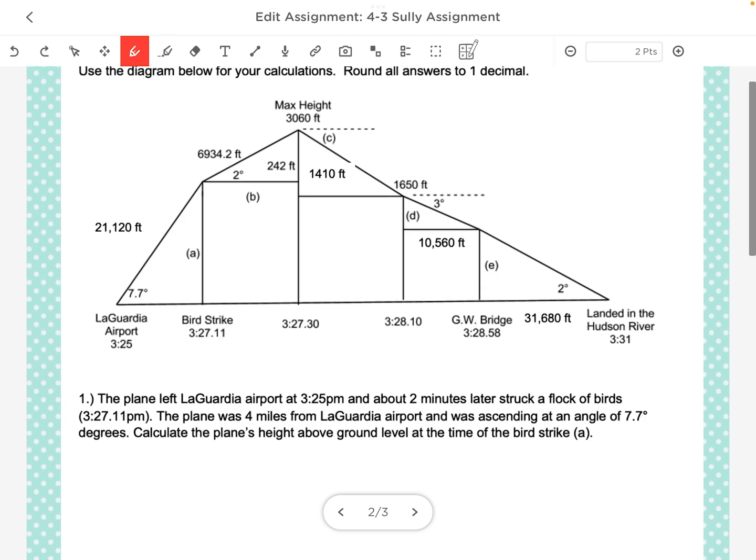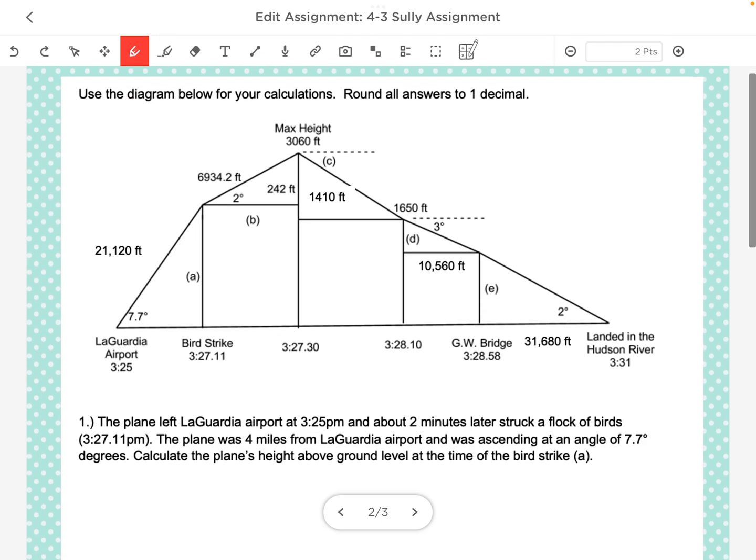Okay, this diagram shows the path of the plane as shown in the video when it left LaGuardia Airport, when it hit the bird, and then when it finally landed in the Hudson River. So what we're going to try to do is find some of these distances using trig. So we want to find these distances and then we're going to find the total distance traveled by